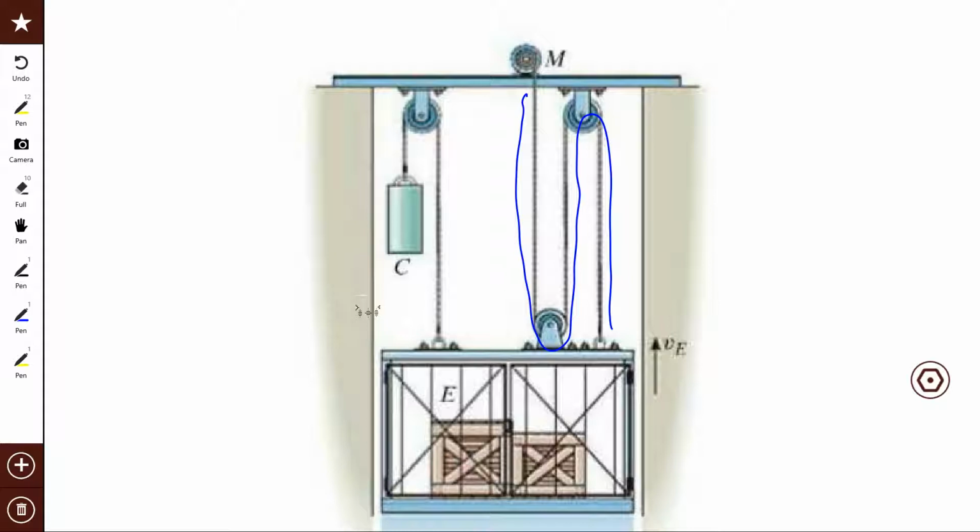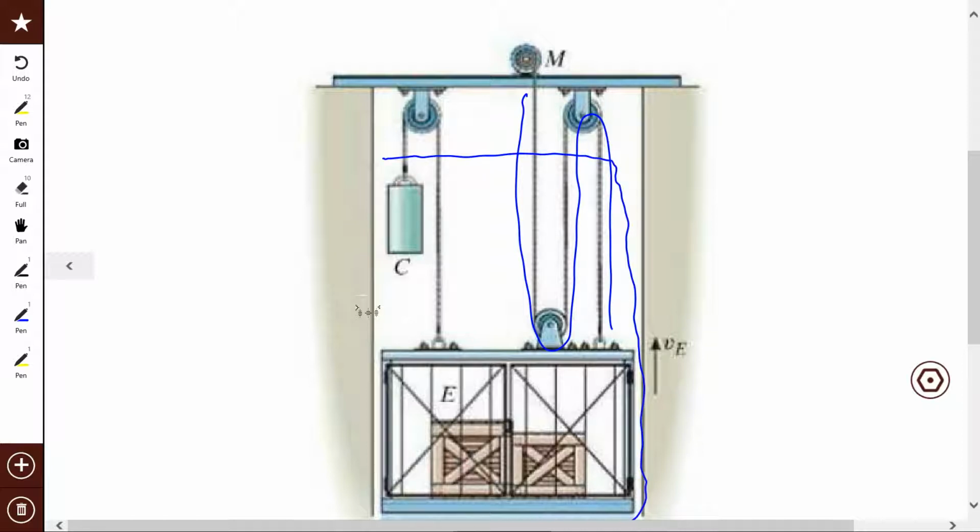I'm going to draw a free body diagram. That's what I'm going to do. So, what free body diagram do you want? What do you want in the system? How about I do something like this? I'm going to draw a circle around here. I'm going to cut it like this. Everything inside the circle is in my free body diagram. Is that good? I've got two masses inside there,